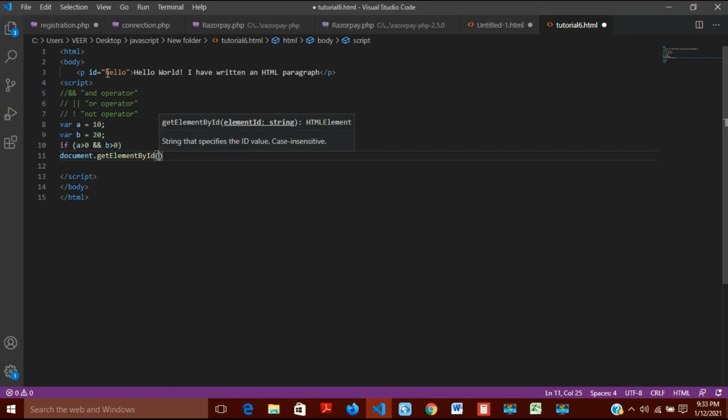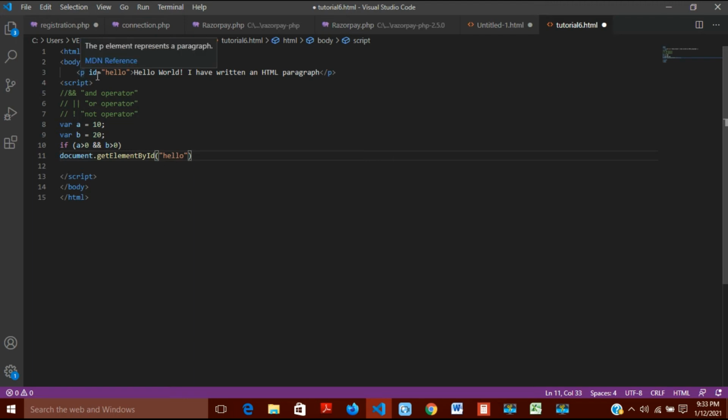And what is the id? It is hello. So here I will use hello, and after this, one more thing I have to do. Now it has searched this paragraph using this id, but what is to be done is not known to it. The computer will search this paragraph using this id, but now what action should it do? So for that, I will have to write dot inner